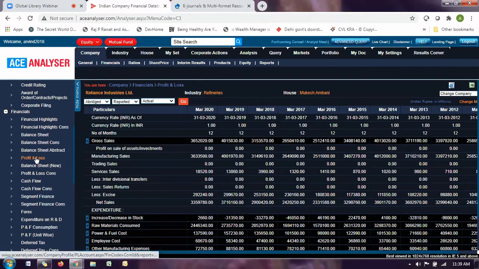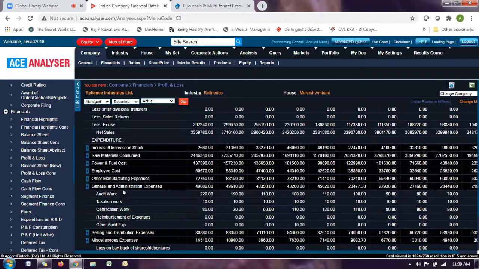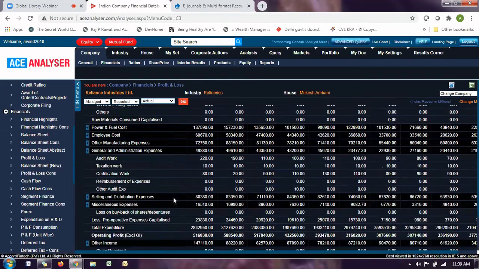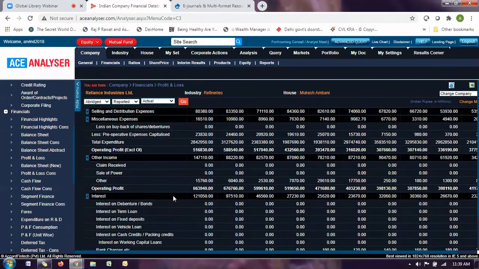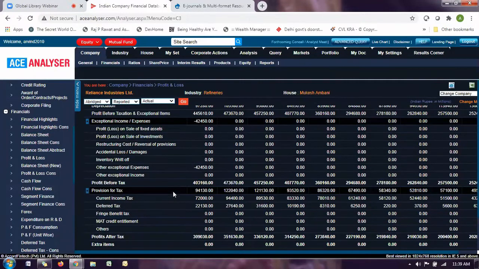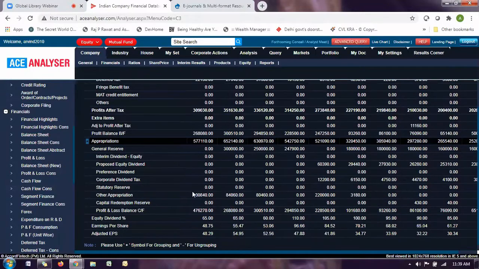In the P&L, of course, you will get the details in terms of its profitabilities, its manufacturing sales breakups, its other expenses. And whenever you want to see the breakup of a particular head, just click on the plus sign. You get the breakup of a particular parameter or a head or a field, whatever we can use interchangeably. And this is where you can get the complete details about the company.